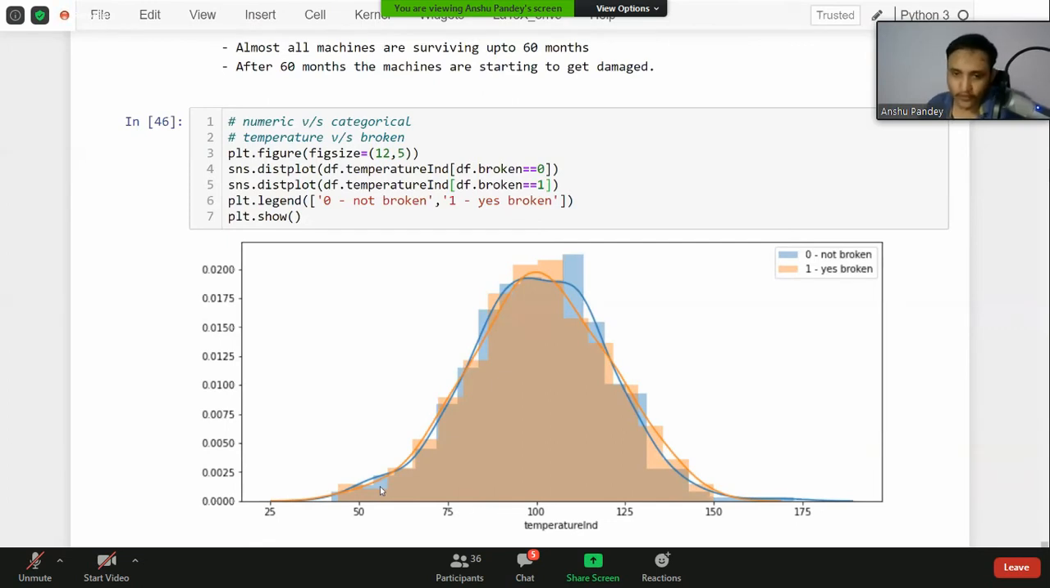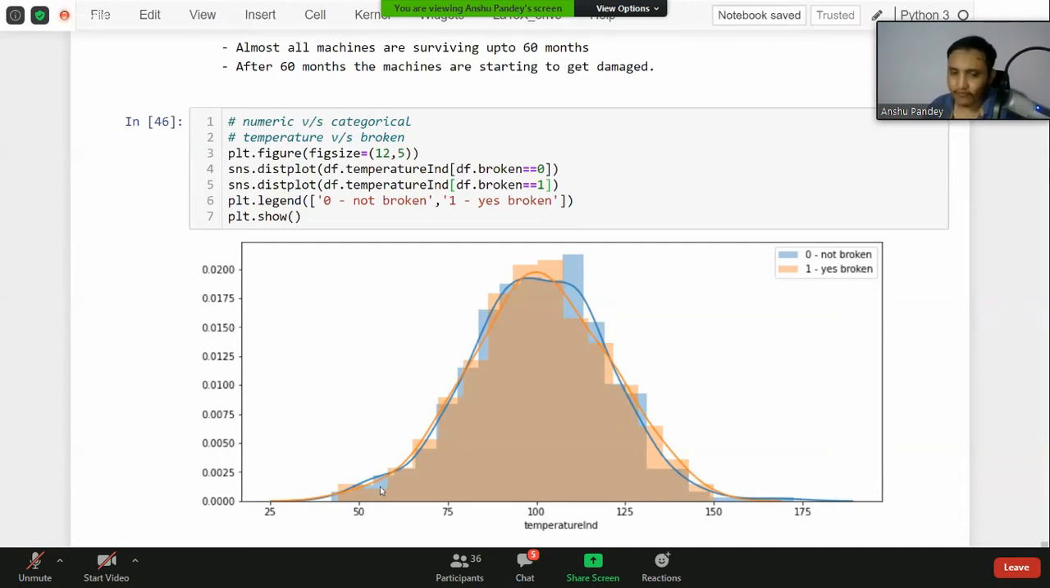temperature versus broken, we again have two distribution plots: the blue distribution and the red distribution. The blue distribution is for the machines which are not damaged. The red distribution is for machines which are damaged. It shows the distribution of the temperature attribute. The x-axis represents temperature, and the y-axis simply represents the probability of machines damaged or not damaged at that value